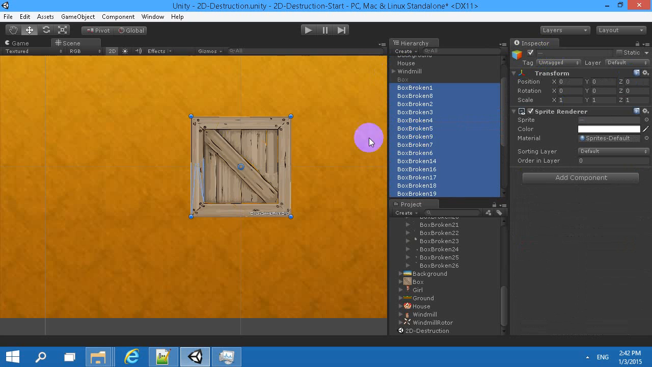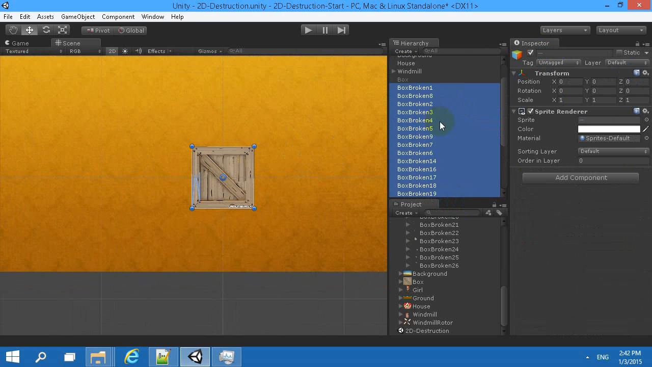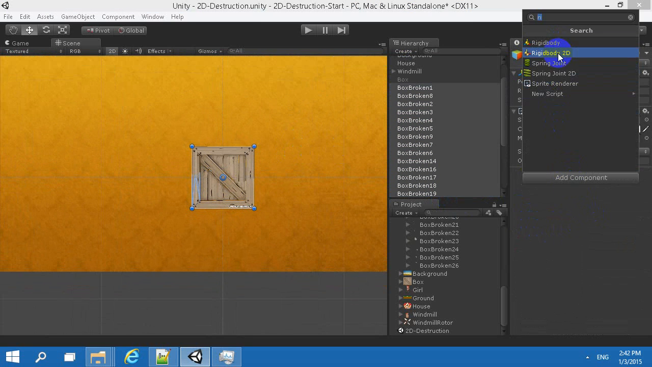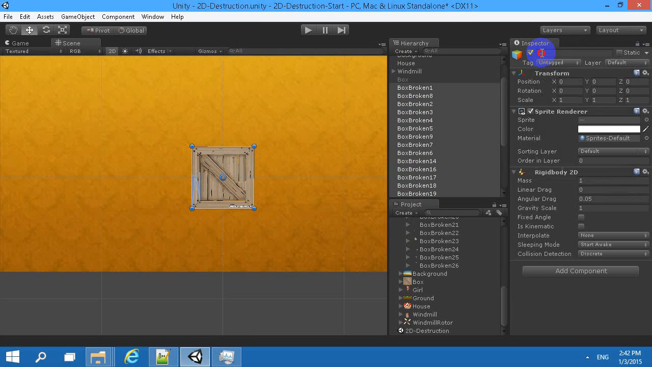I think we're going to add them a collider and a rigid body. Components, rigid body, be sure it's a rigid body 2D. Mass, I think it's about 50 kilograms split into